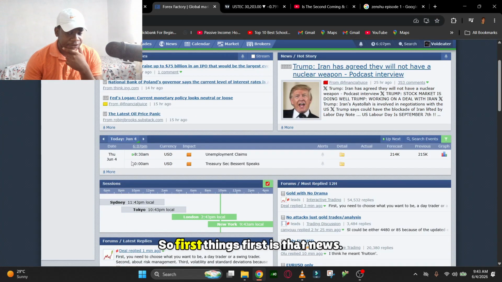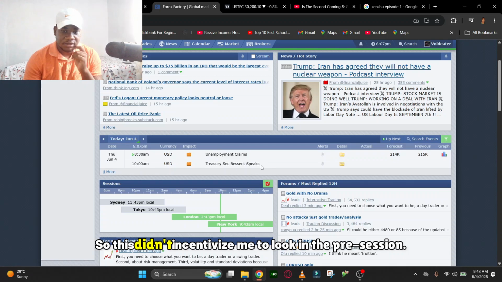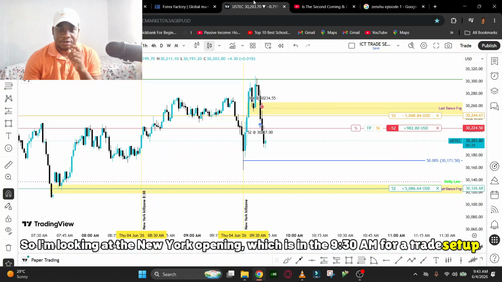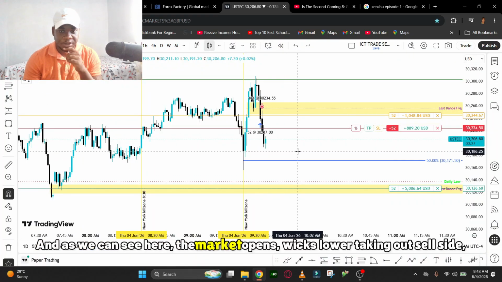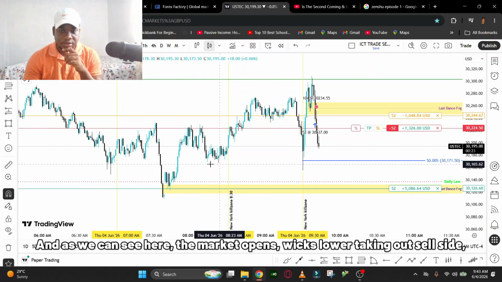So first things first is that news. There is medium impact news at 8:30 and 10 a.m. So this didn't incentivize me to look in the pre-session. So I'm looking at the New York Open, which is at 9:30 a.m. for a trade setup. And as we can see here, the market opens, wicks lower, taking out sell side,